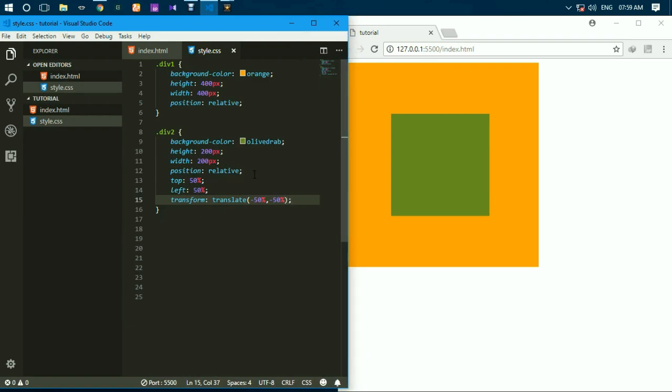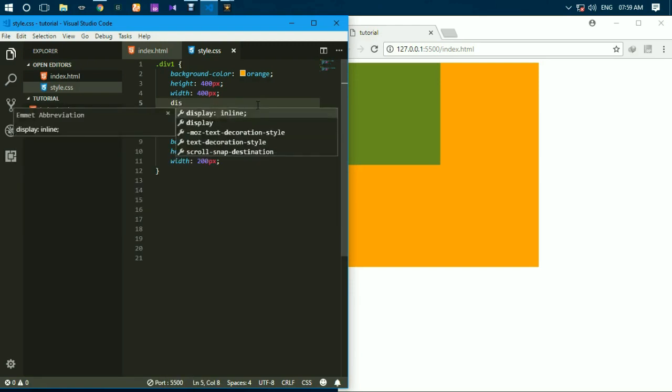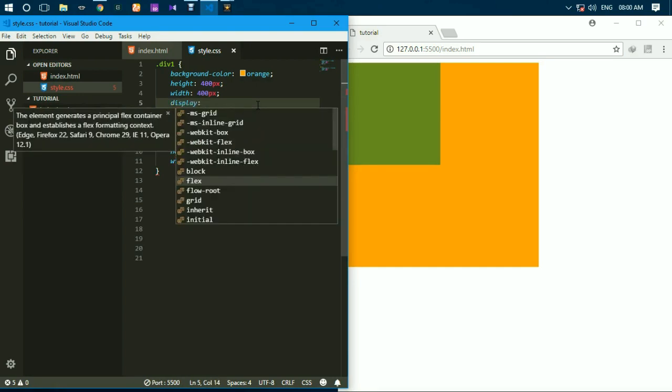And next there is one more way, that is using the flex box property. Actually, let's do it, I'll show you. It's very easy. To do that, we need to change the display property, display to flex,